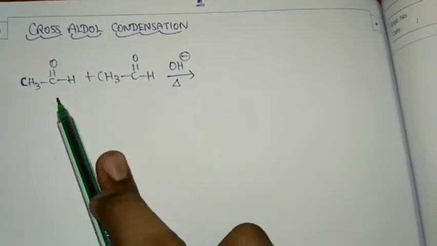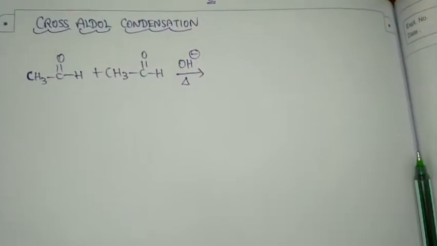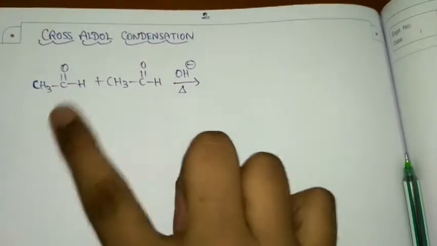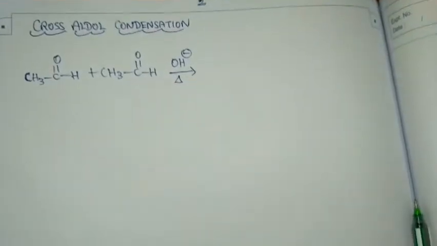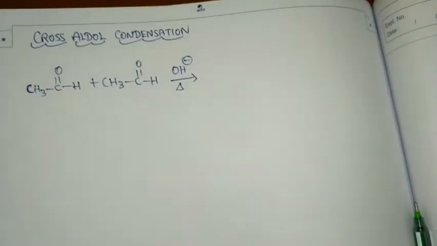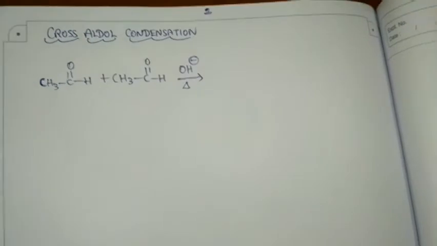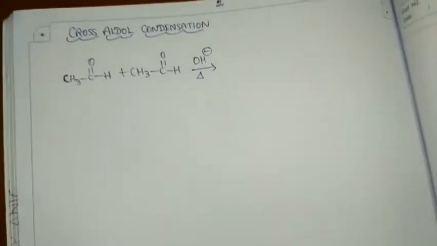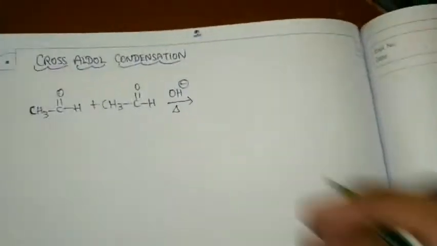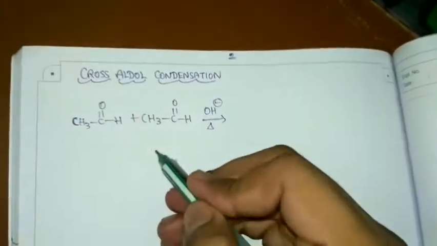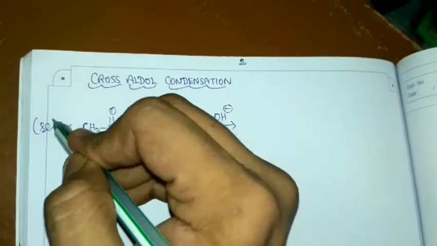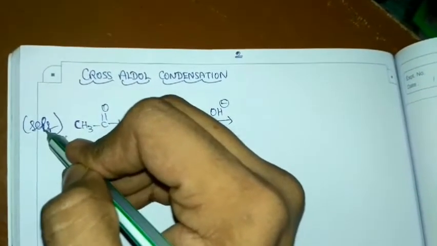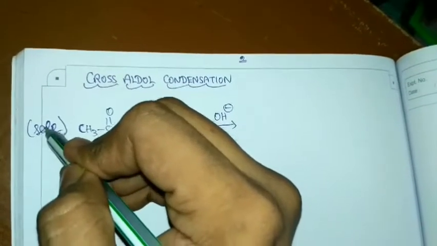So now, at the end of the video, I will say how to write the product of the aldol condensation by looking at the molecule itself. Till then, you practice with the mechanisms which I said in the last class. The mechanism would be the same for cross aldol condensation also, but some tricky part is there. I'll tell you when I teach cross condensation. This is self. My handwriting is so bad. So this is self.